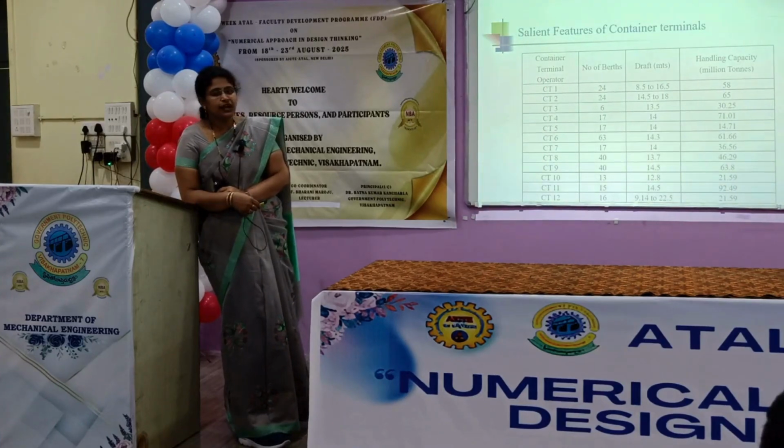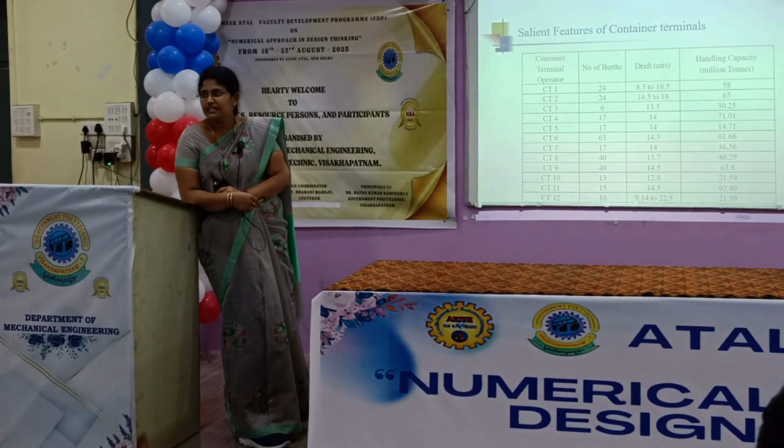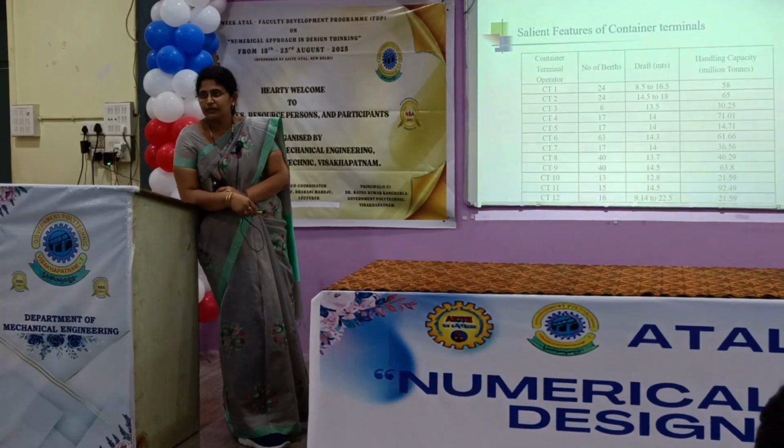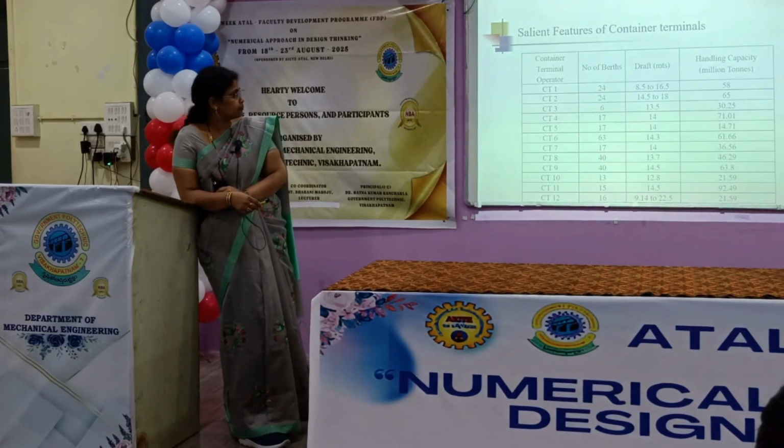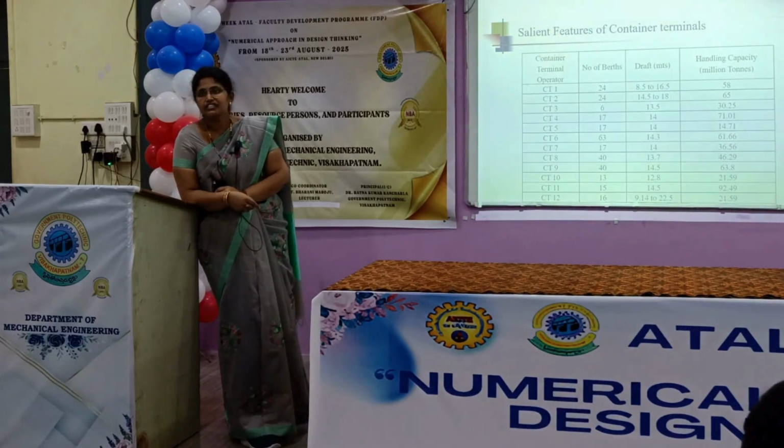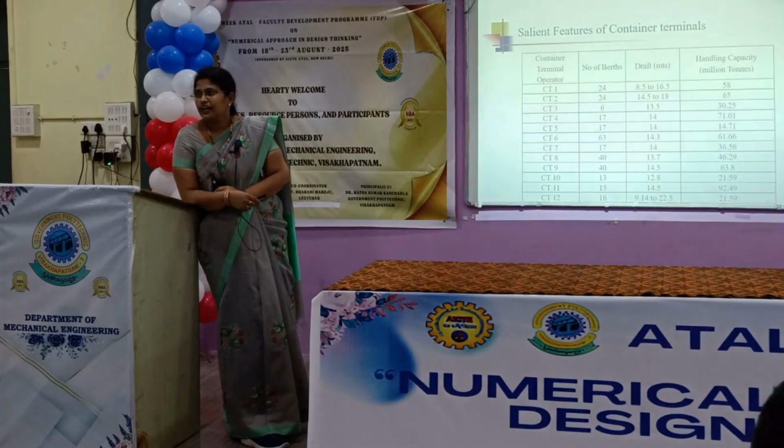Okay, so I should not mention the container terminal names like Visakhapatnam, Kolkata during comparison. So that's why I mentioned numbering here for those container terminals: Visakhapatnam, Kolkata port, Chennai port. For all the ports, I have given just numbering, but I have mentioned the salient features of each container